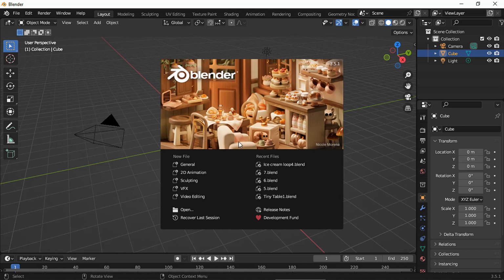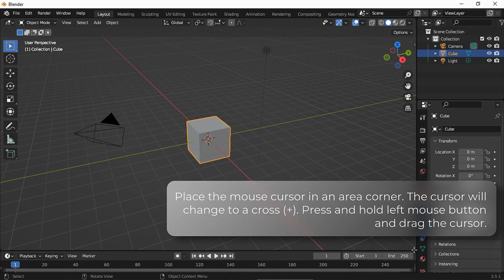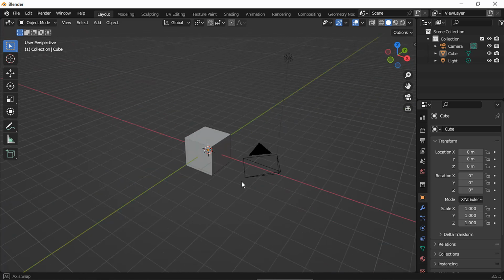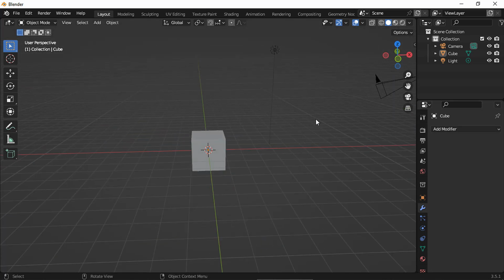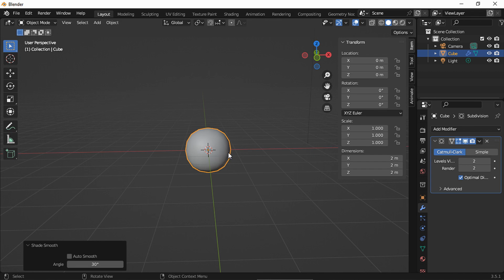Okay, let's begin. Let's click outside the screen, and I'm gonna hide the timeline for now to have a bit more room. I'm gonna show the transform panel for you to see it, and let's select the default cube and Ctrl 2 to add a subdivision modifier.